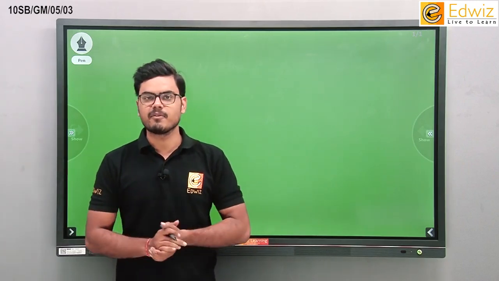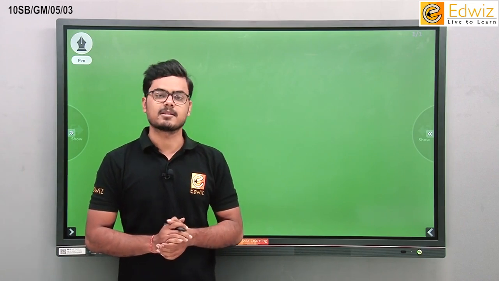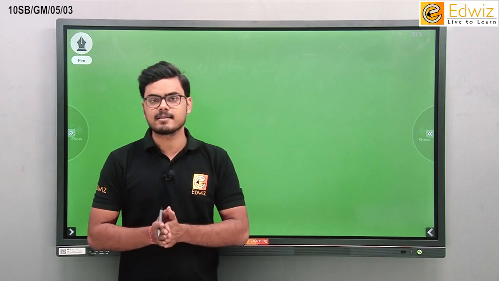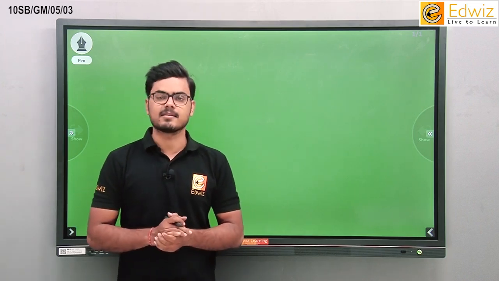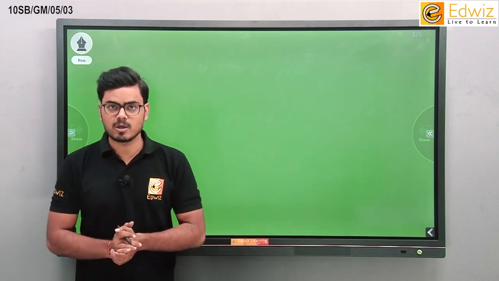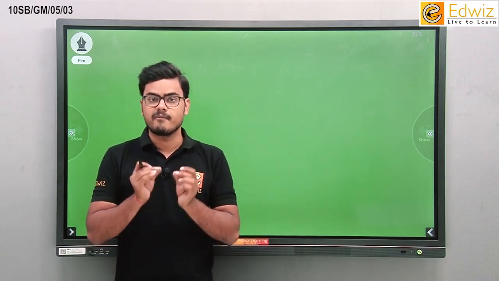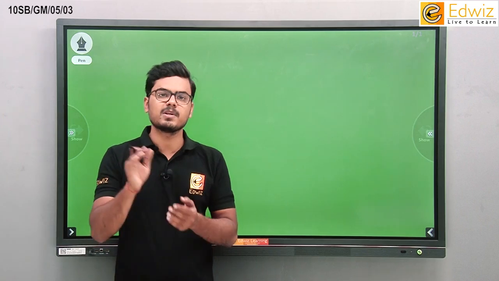We are on chapter number 5 of geometry, that is coordinate geometry, and we have already started with the first practice set in the chapter, that is practice set 5.1, which is based on the distance formula. So we learned last time in the session that when we have to find out the distance between 2 points